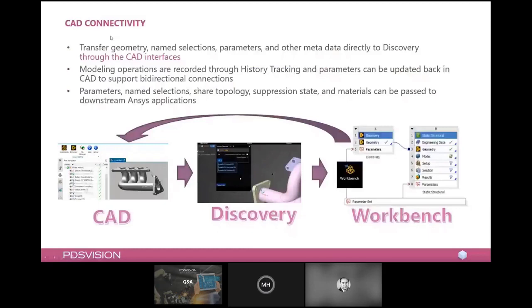So how does it actually work? Let's say that we have some geometry on the lower left corner here. Let's say we have wall thickness as a parameterizable dimension. And if we publish that to Discovery by using this Creo Parametric button in the toolbar, then you'll have it in here, and it will be a parameter in Discovery as well. If you push further down to Workbench, you have the Discovery object in here,